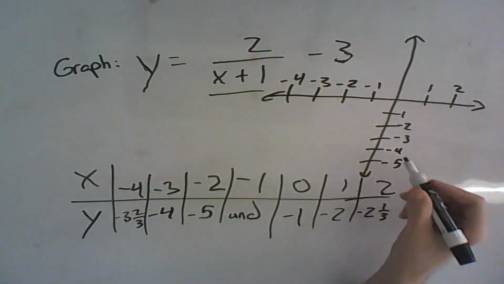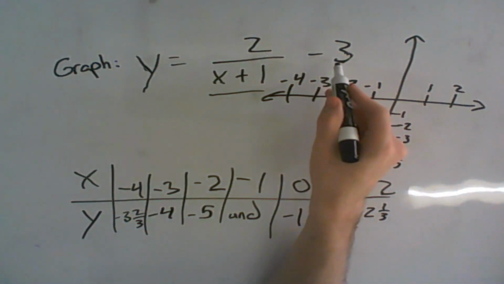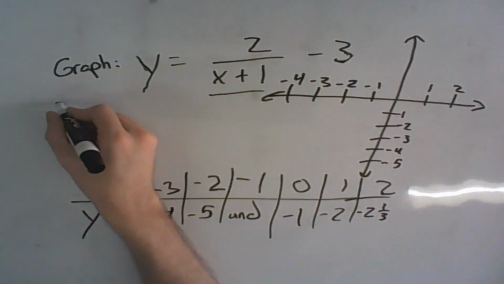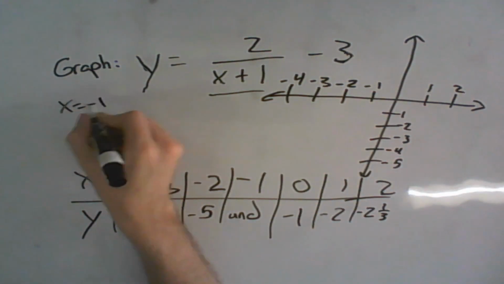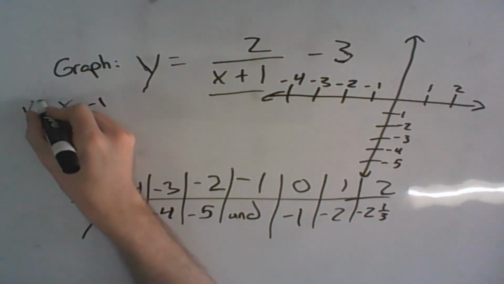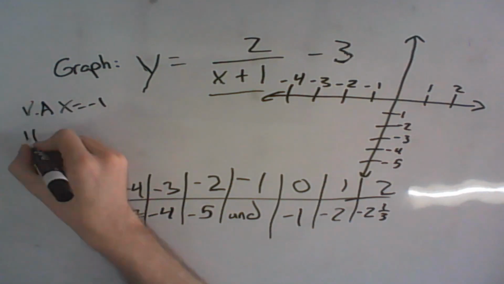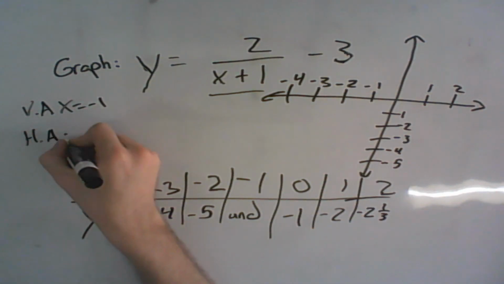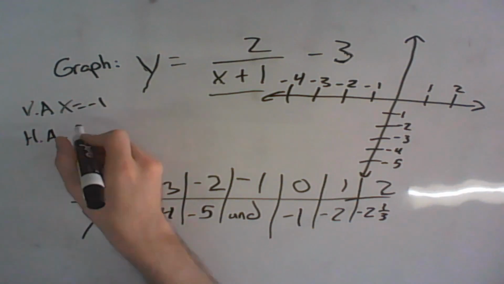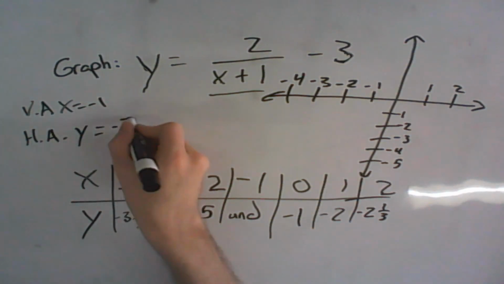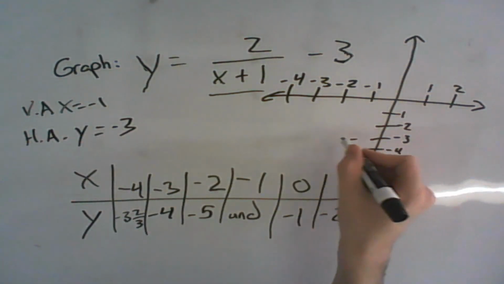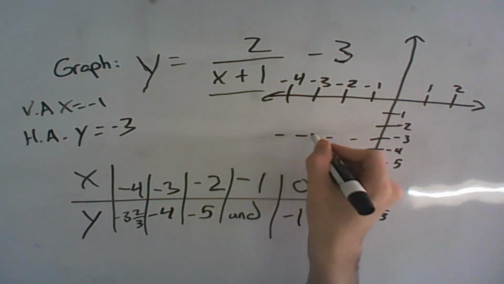Okay. Now, this -3 is our horizontal. So we have x equals -1. That's our vertical. And our horizontal is y equals -3. So we get a horizontal asymptote